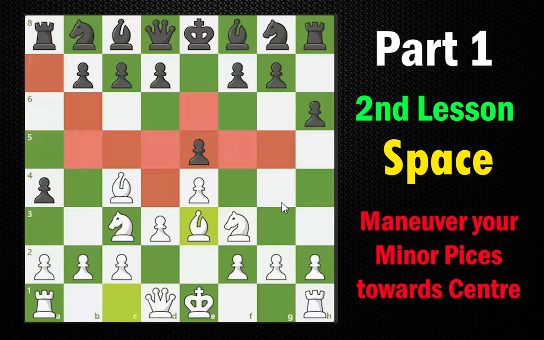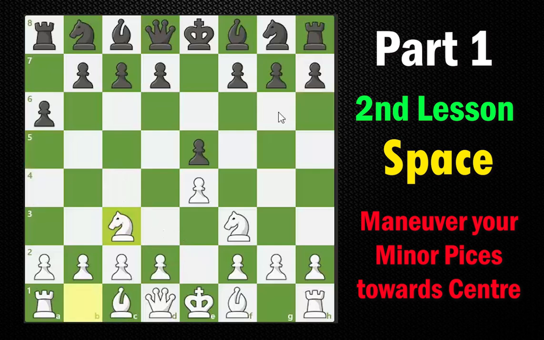So you have to control the center, and you can control the center by bringing your minor pieces towards the center so that they attack the center. Now, what you also have to do is prevent your opponent from doing it as well. You must prevent your opponent, because let's see,